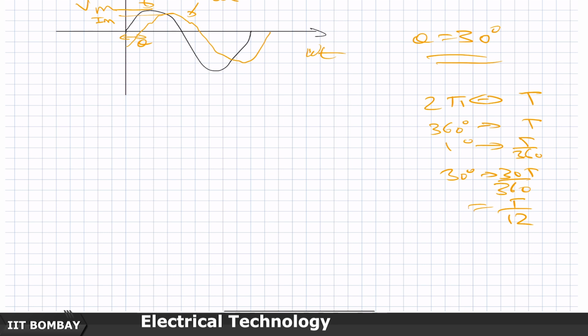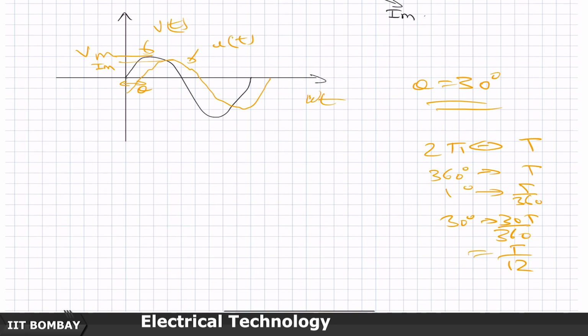Instead of that, it may be better to take the x-axis, the time axis, in terms of omega t, so that when I say theta is 30 degrees, I can just go back here and draw a lag of 30 degrees, an offset of 30 degrees, and draw the waveform. Now the lag of 30 degrees means that the rising zero edge of the